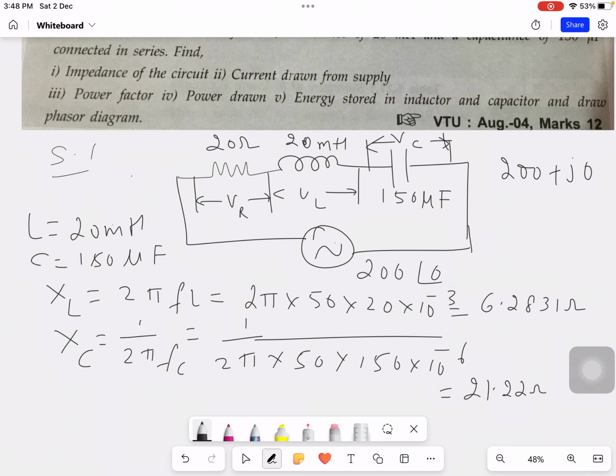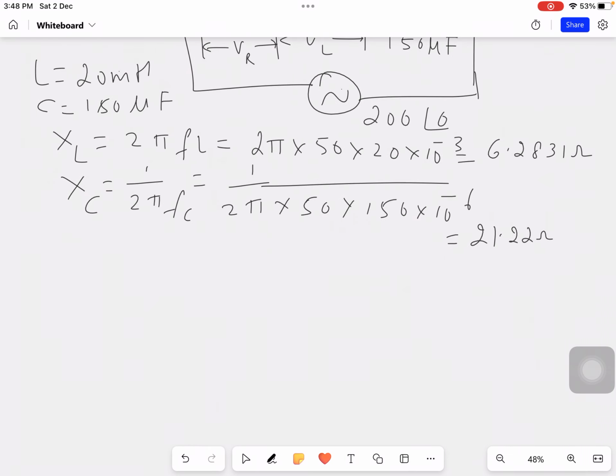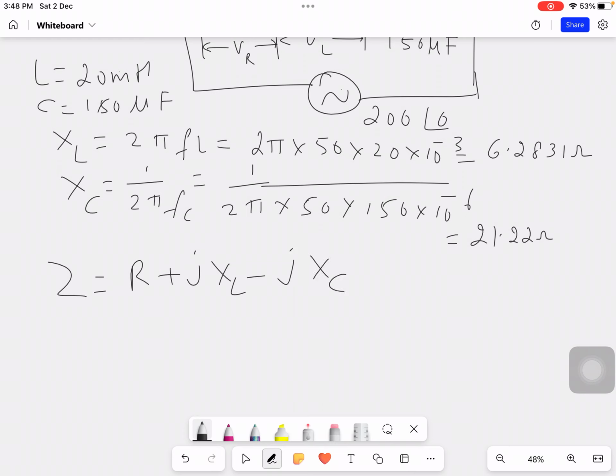So automatically, how to calculate the impedance? Impedance Z is equal to root of R square plus (XL minus XC) square. Okay, I will take directly R plus j XL minus j XC. Simplify directly. So I'll substitute here. What is R? R is 20 plus j XL value is